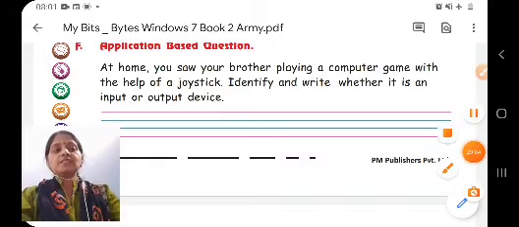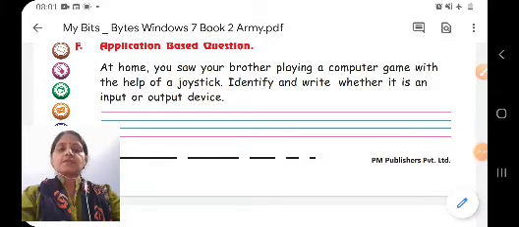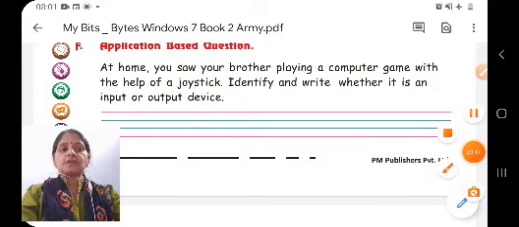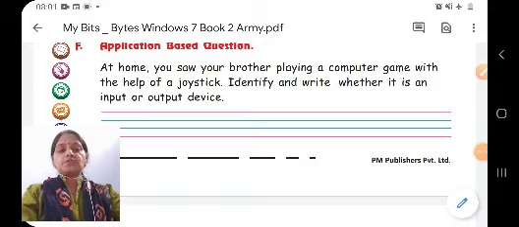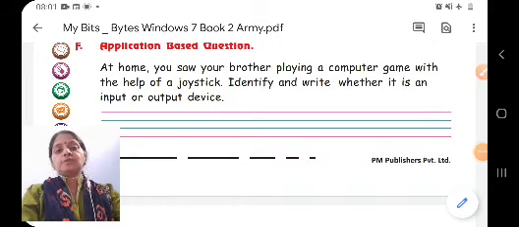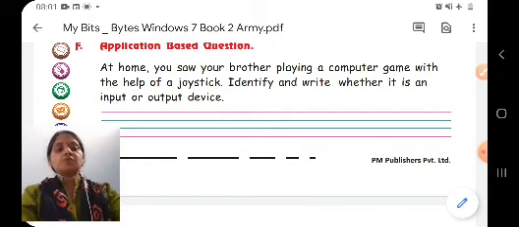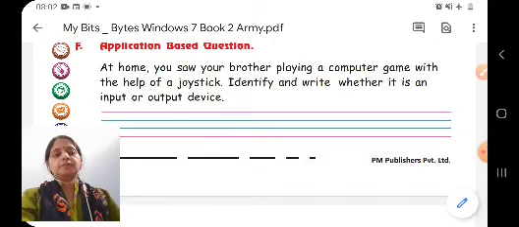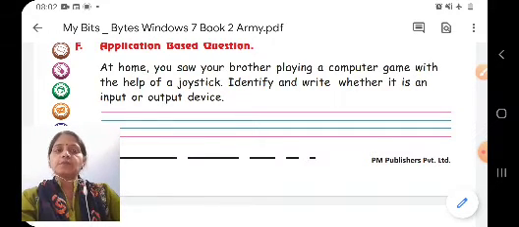So children, with this we have completed the book exercise of this chapter. We have completed chapter also, and I hope you have understood whatever we have studied in the chapter. So children, in this chapter we have studied about input and output devices, and as we know, children, the complete working of the computer depends upon the input. Whatever we input to the computer, it performs its work, and if you don't give any instruction or data to the computer, it won't be able to do any work. So children, the whole working of the computer depends upon the input which we provide to the computer.